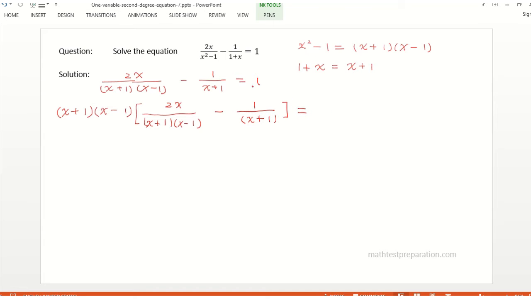Right side 1 times x plus 1 times x subtract 1. So x plus 1 times x subtract 1 multiply the first item x plus 1 divided